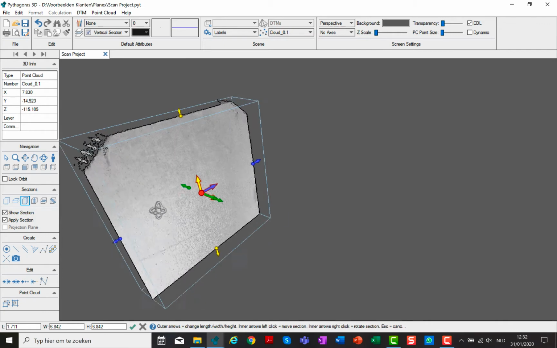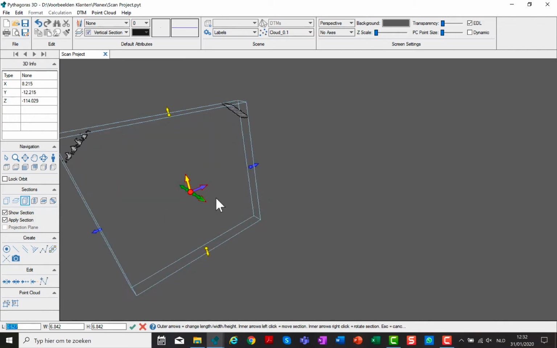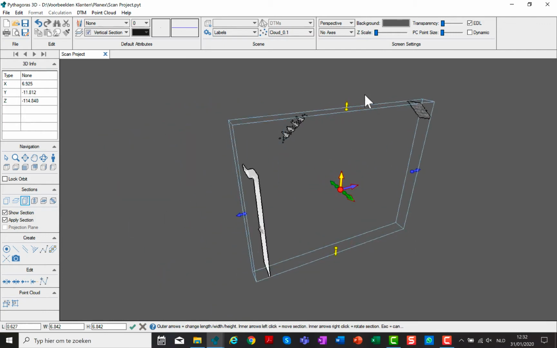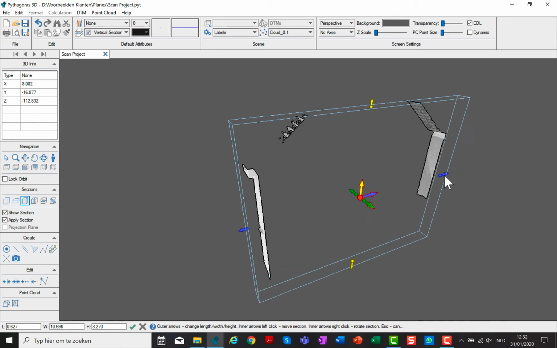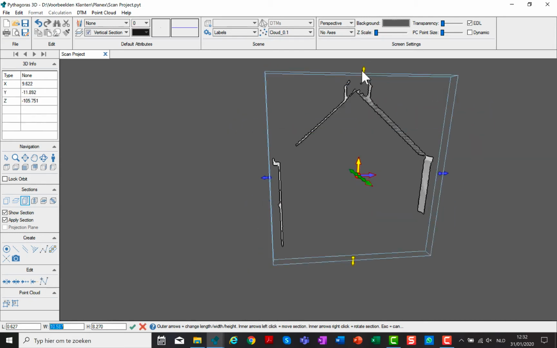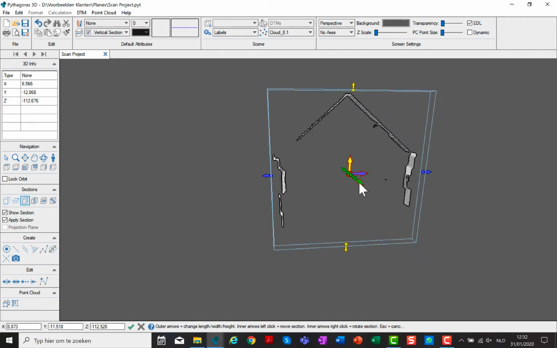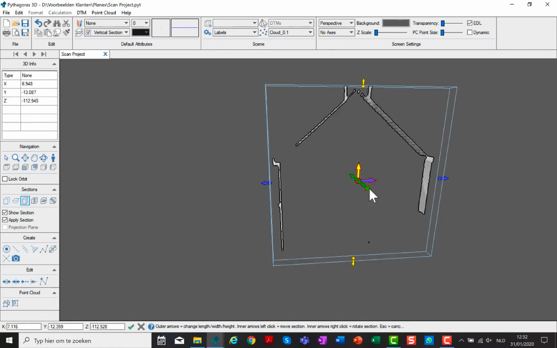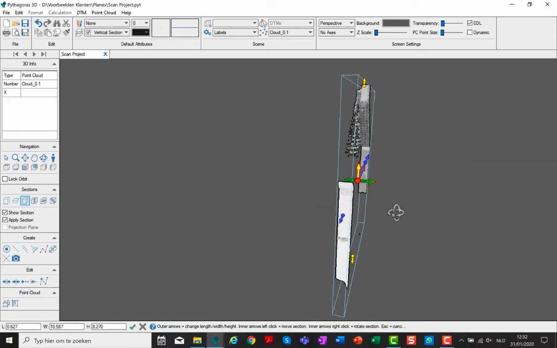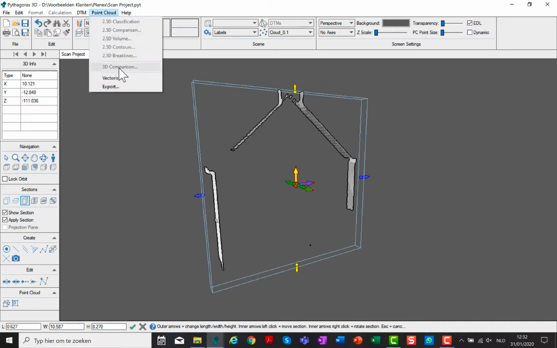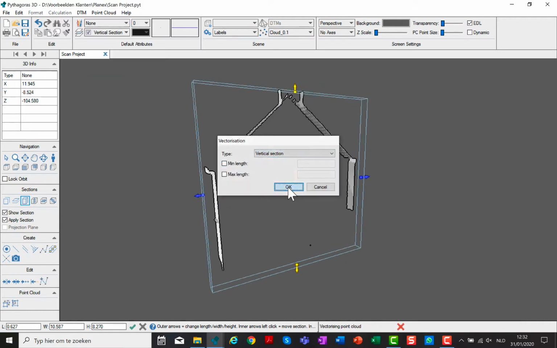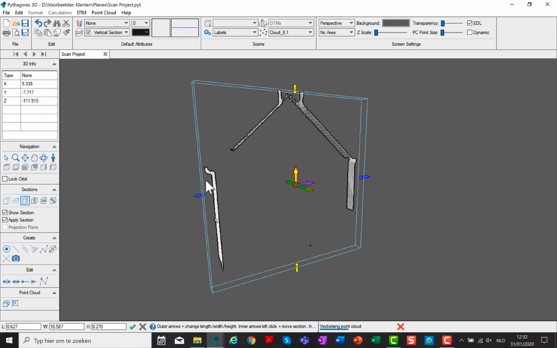We will do this a second time. When the section box is ready, we can start the vectorization, and we will see that 6 lines were created.